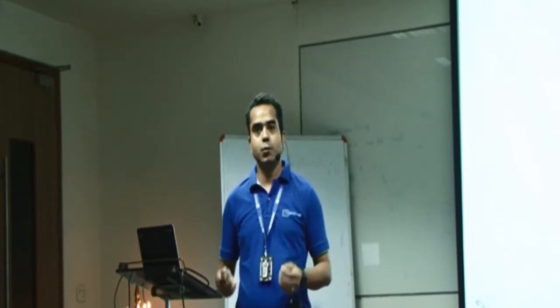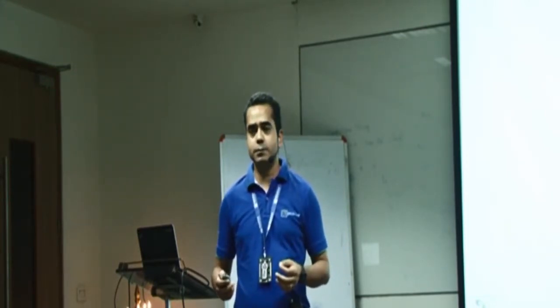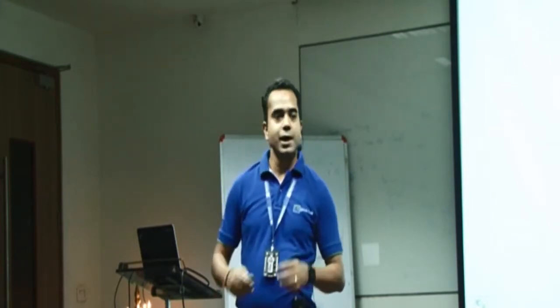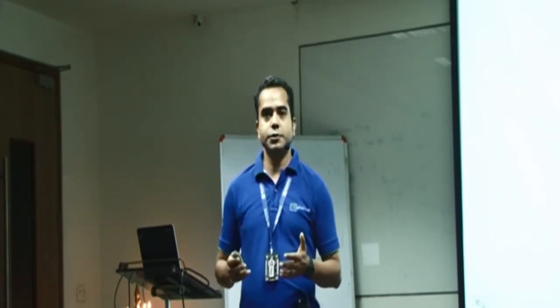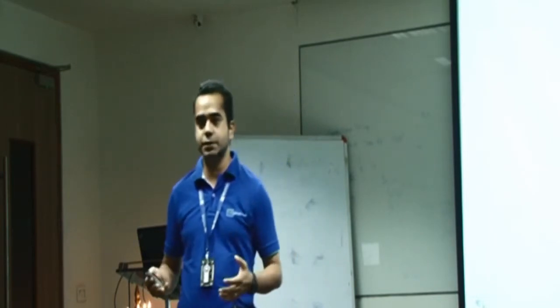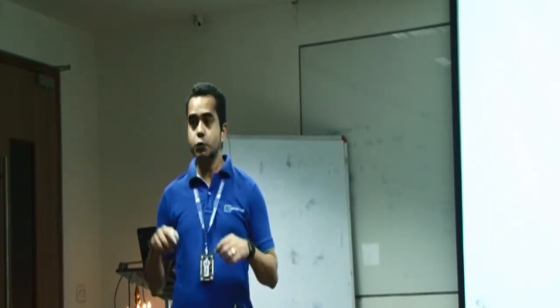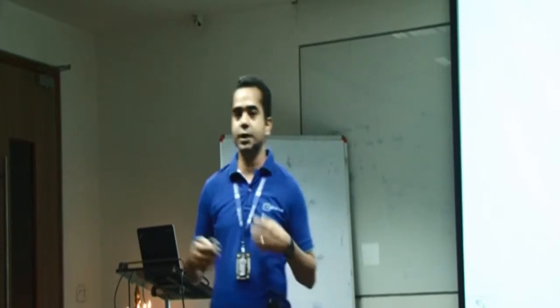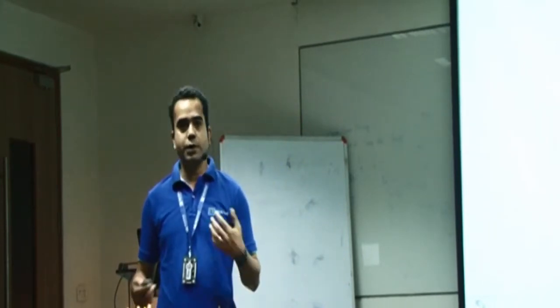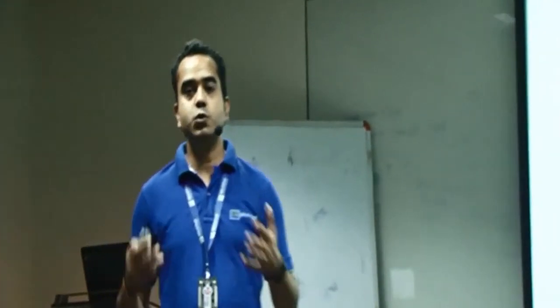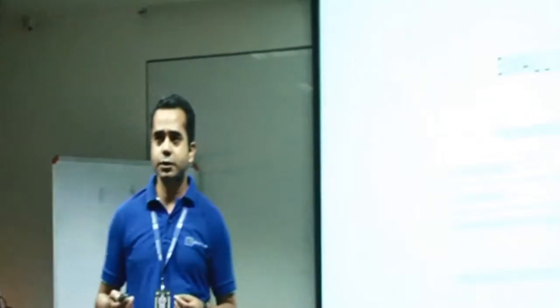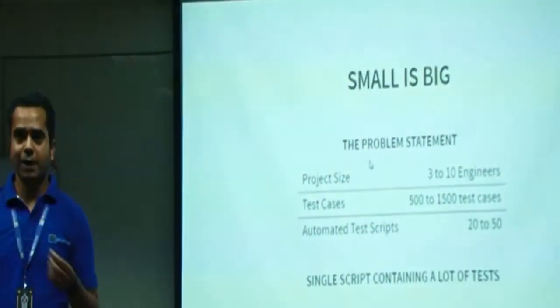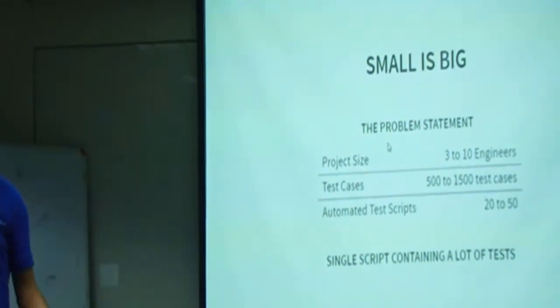Now that was problematic. Why is it problematic? It's problematic because single automation scripts were catering to a lot of test cases. And I'm talking about test cases, not even the test steps. So if each test case had like 5 steps, each test automation script was executing maybe 50 or 100 test steps, and that is too much. Now, if you think about it, it seems like a very efficient solution. I have one script, I execute it, I get a lot of test cases executed.